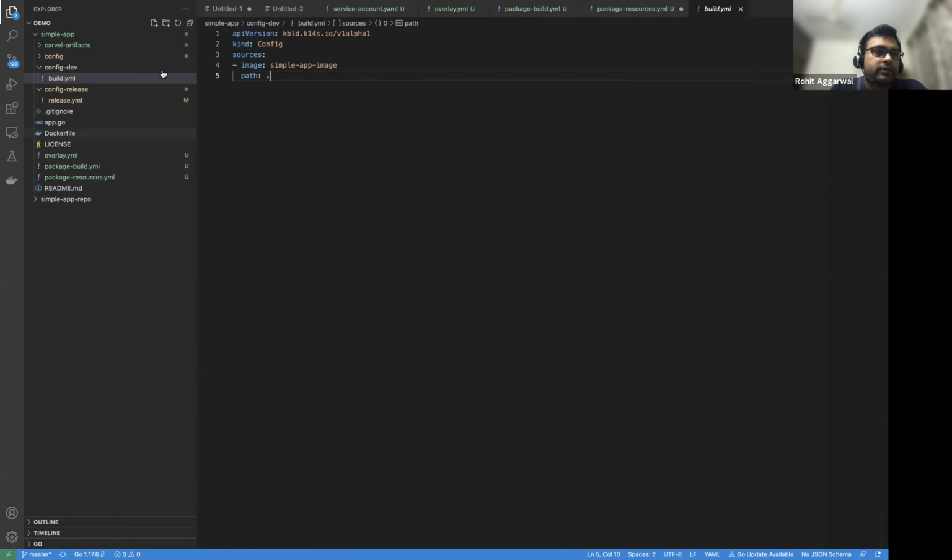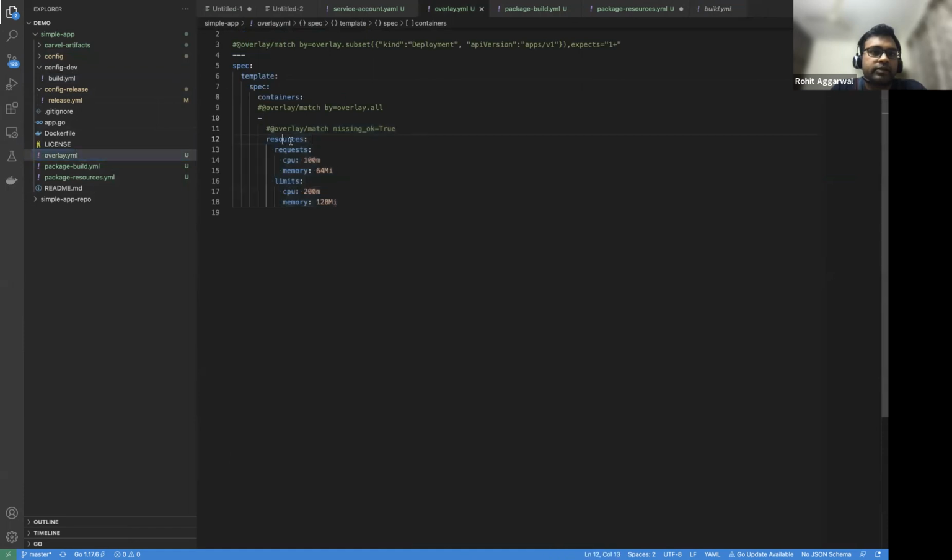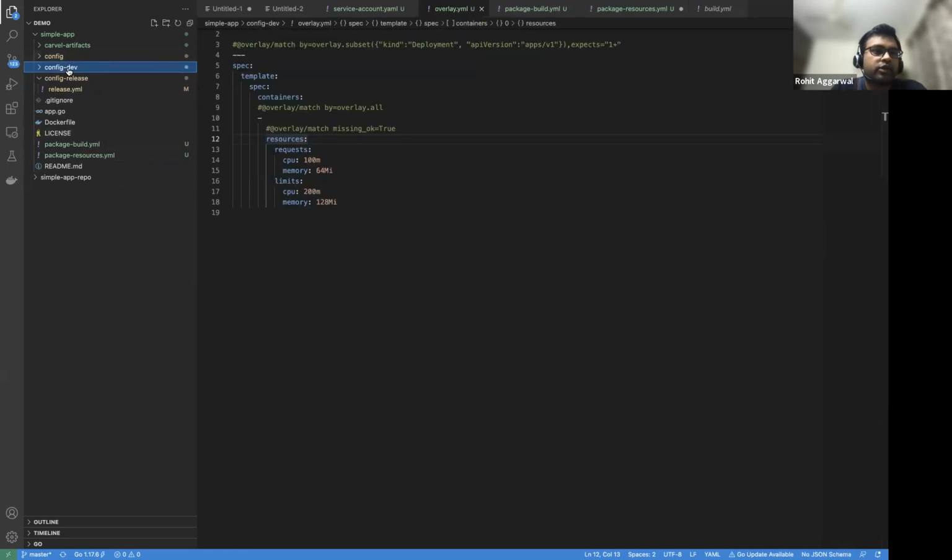And let's say I already have an overlay which will add the resource request and limit, and I want to add this overlay as well. So I'll add the overlay to the config dev folder, and I'll move this config dev folder to be picked up